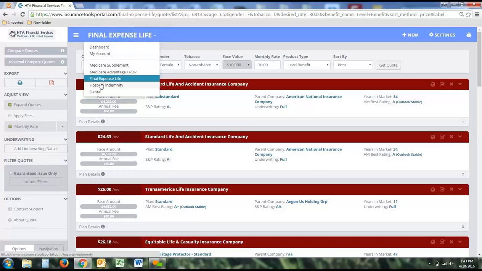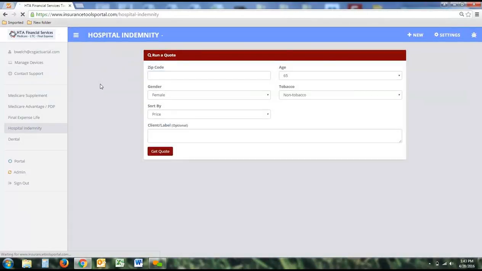Go ahead and move on to final expense, or onto hospital indemnity and dental. What this will allow you to do is run hospital indemnity quotes and dental quotes, add riders and things like that. So we'll go ahead and type in our zip code here, our age, gender, and tobacco status. We'll press get quote. It's going to price these out cheapest to most expensive, and it's going to give you